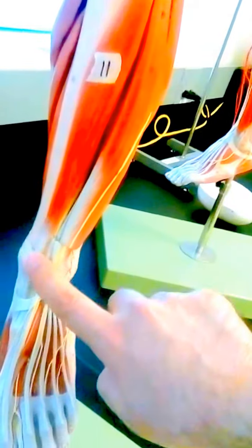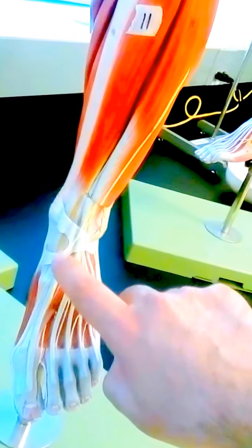It originates on the medial and lateral condyles of the femur, so it actually works at the knee to flex it a little bit too. It also plantar flexes the foot at the ankle, so you stand on your tiptoes, so to speak. Number 11 is going to do the opposite. That's going to dorsiflex, so your big toe will go up. The anterior tibialis inserts on the medial cuneiform bone and the first